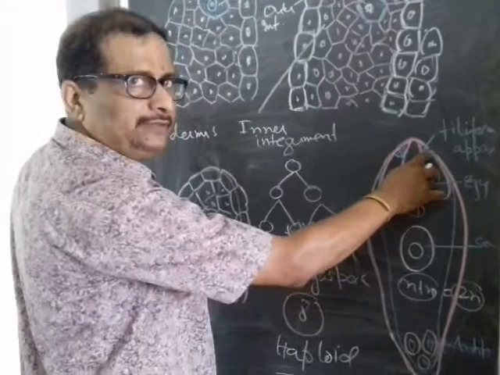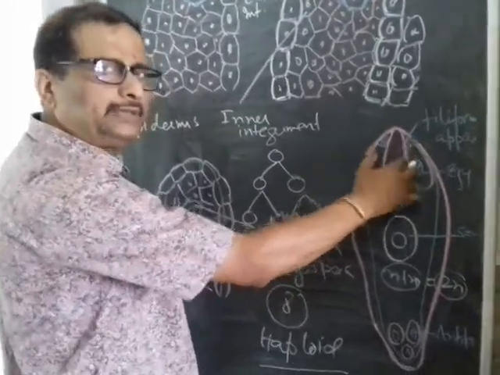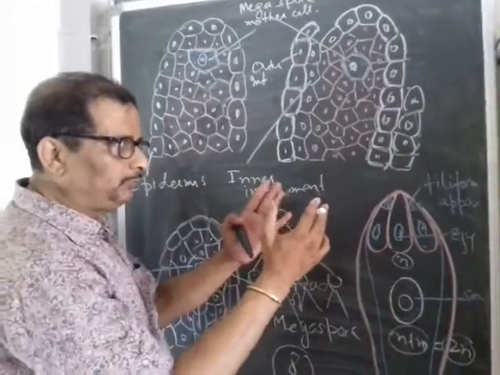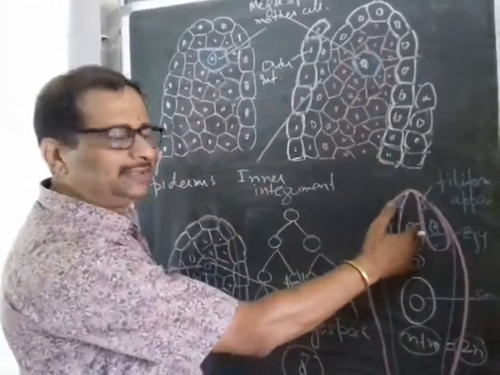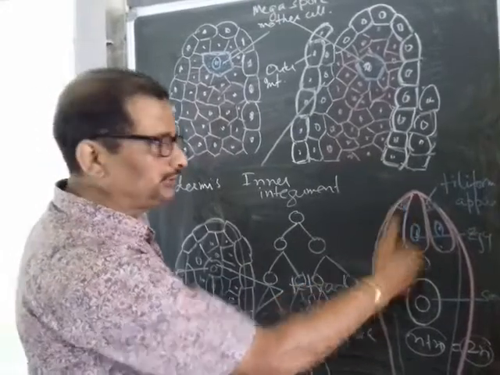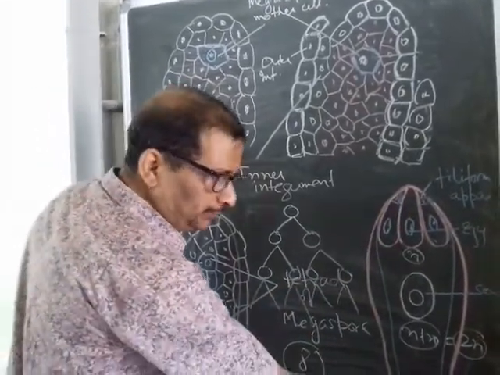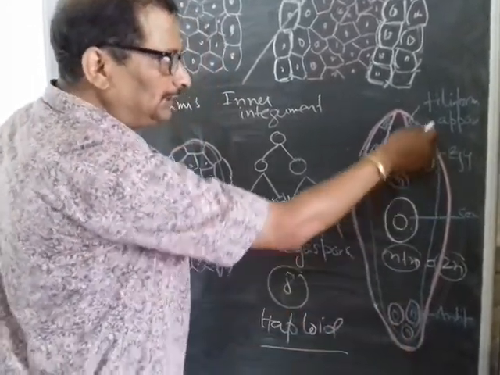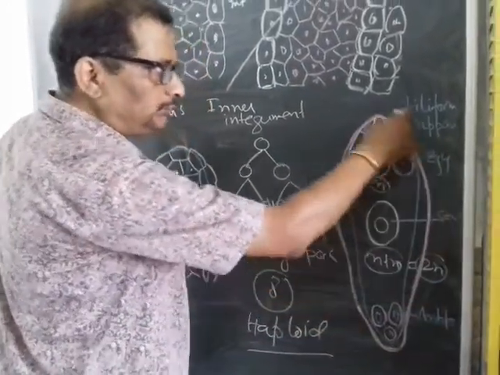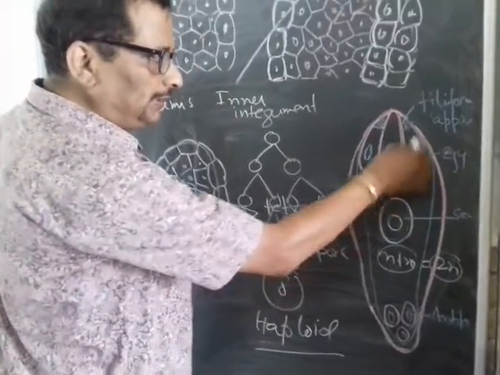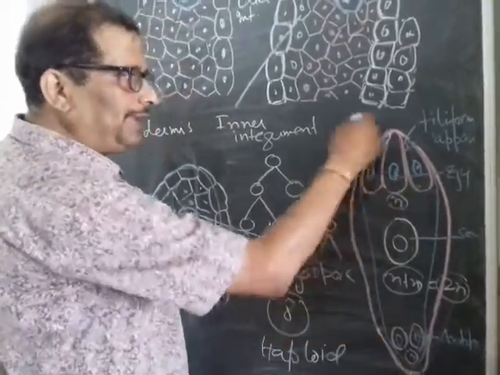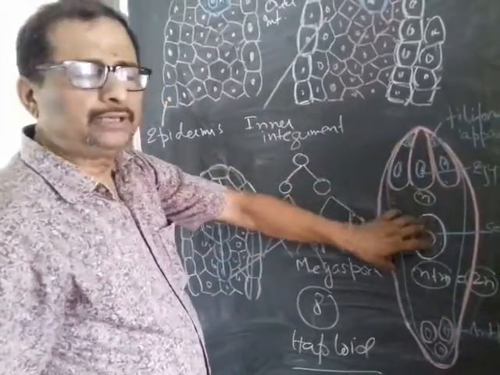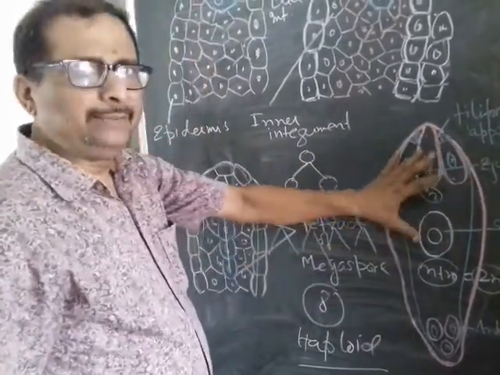Usually here you have the filiform apparatus. The function of the filiform apparatus is to allow the pollen tube to enter into the embryo sac for the process of fertilization. The antipodal cells are found at the chalazal end. They are also 3 in number. The embryo sac is covered outside by the nucellus tissue. Now this is the actual condition before the pre-fertilization stage of the embryo sac, or the female gametophyte.